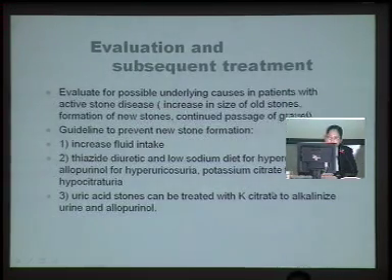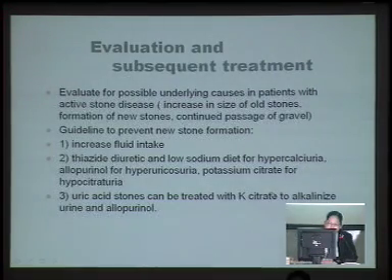When would we want to evaluate and investigate patients who present with kidney stones for an underlying cause? Let's say a patient with active stone disease, meaning the stones increase in size, form new stones, or they continue to pass stones. Those are patients with active disease. And the guideline to prevent new stone formation, again, just remember the first slide with low urine volume, so you have to increase fluid intake to make the urine at least 2.5 liters per day. So you have to drink at least 3 to 4 liters per day, depending on the weather and the